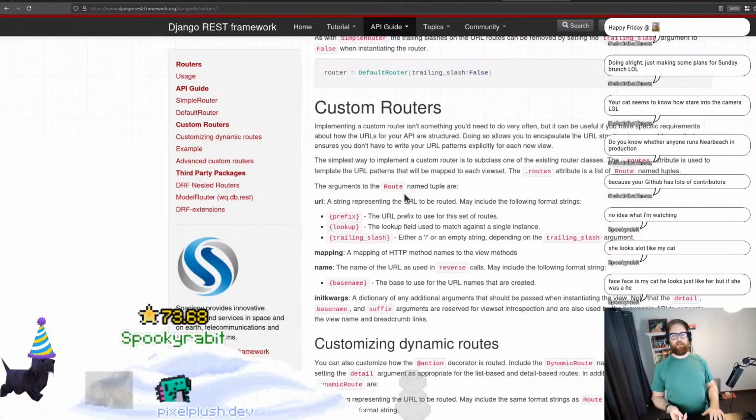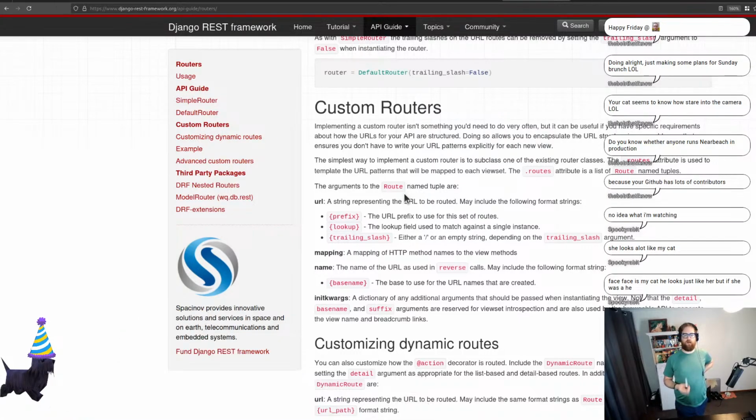Implementing a custom router isn't something you'll need to do often, but it can be useful if you have specific requirements about how the URLs in your API are structured, which we kind of do. Doing so allows you to encapsulate the URL structure in a reusable way that ensures that you don't have to write URL patterns explicitly for each view, which we don't want to do, because there's just going to be heaps of them. You could use a simple for loop to loop through all of the cases and stuff like that, but